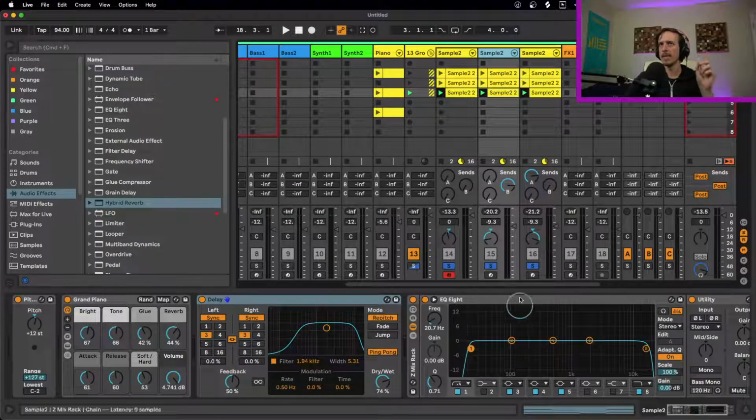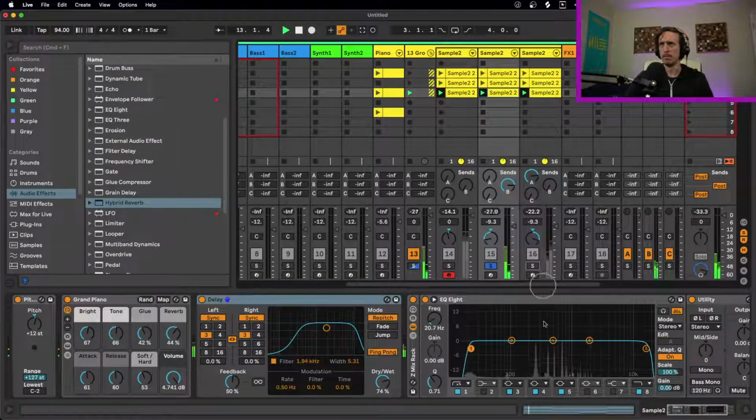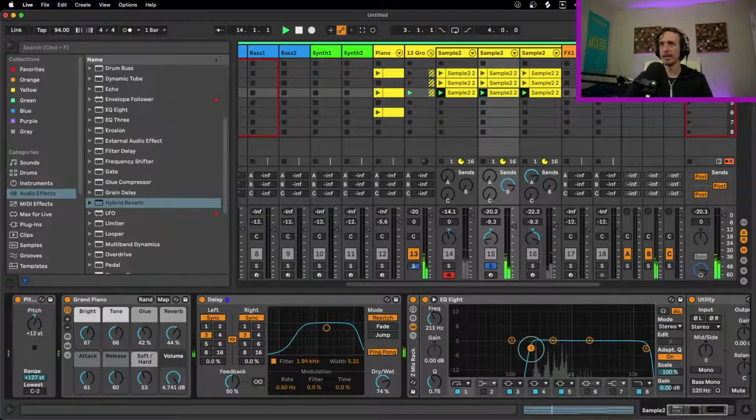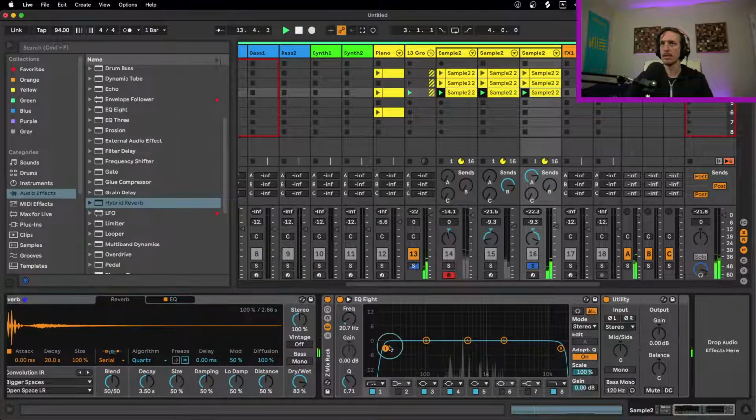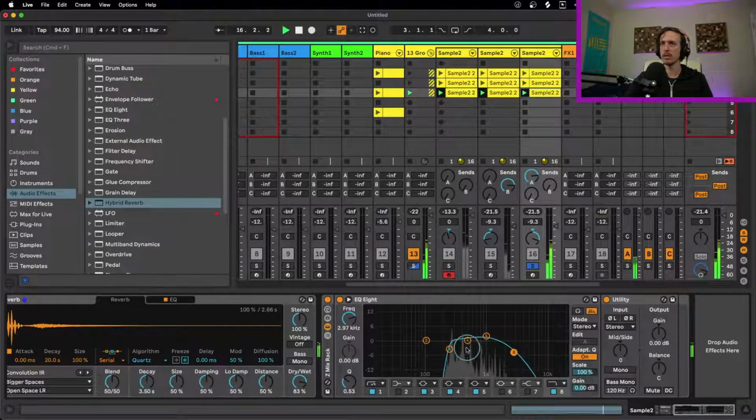And then lastly, you EQ them a little bit separately too, so they're not fighting with each other as much. So for example, this guy here lives in a pretty specific area already. And then this one, I might emphasize that part a little bit. This is more important once you get to mixing, but